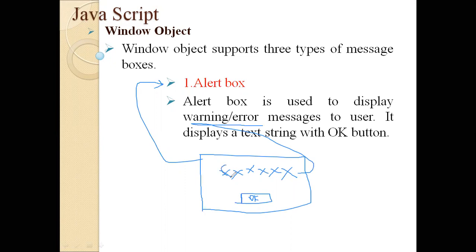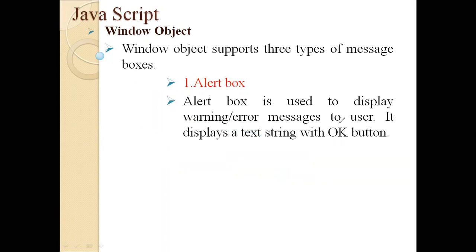So the message which was here may be a warning message or an error message. This message will be displayed along with the OK button, right? This type of box is called an alert box. So if we want to create such an alert box on the window, let us follow the